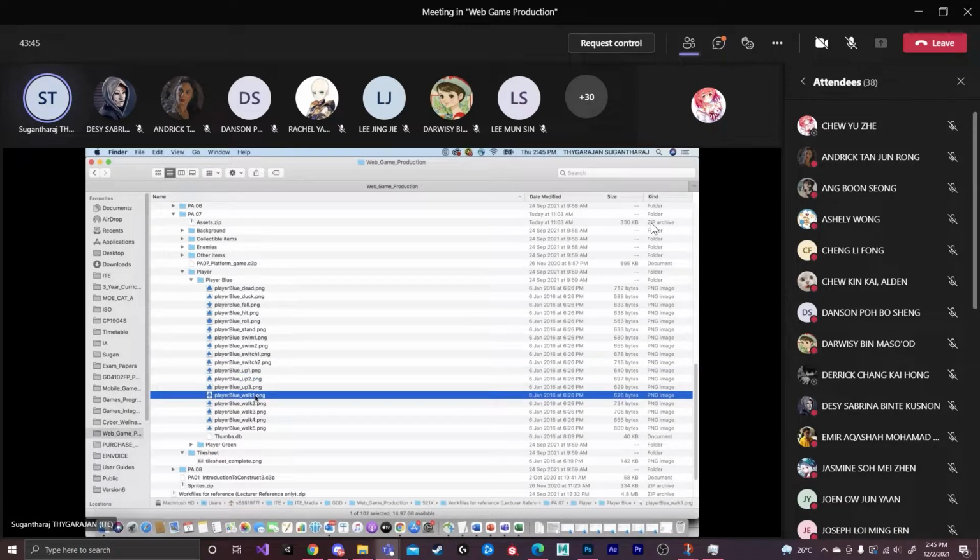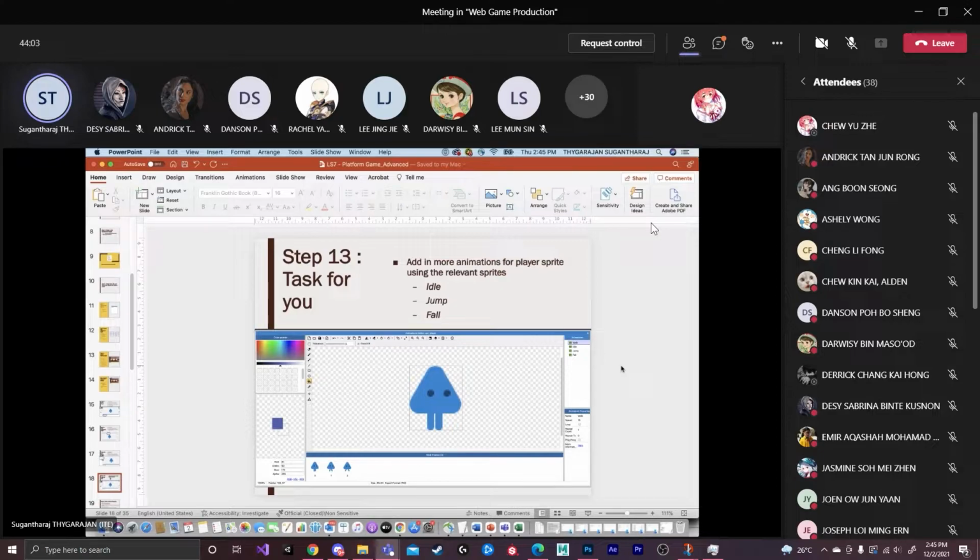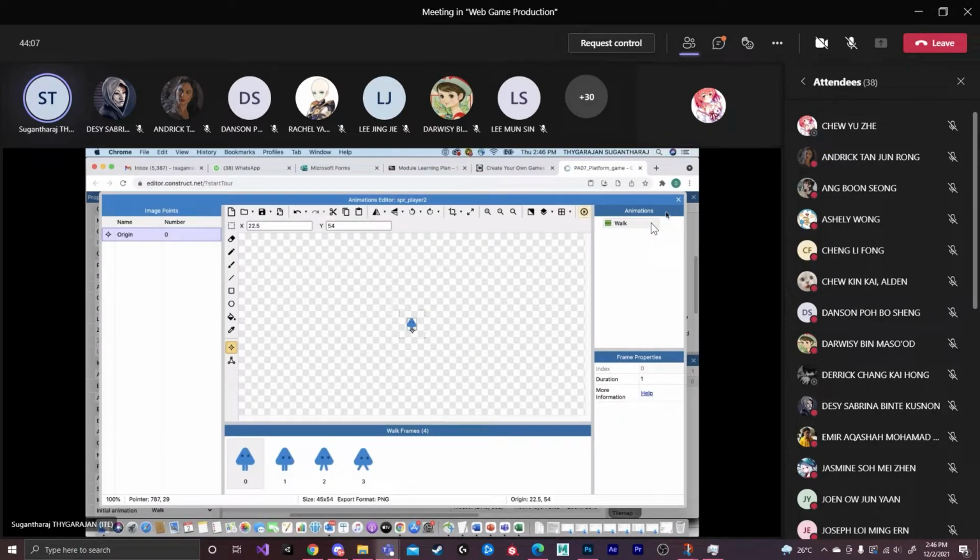Then you can see whichever is jumping, you can see the falling is there. So you can just use these things to make it look like it falls actually. You need to use the combinations, and then you can preview the animation and you can decide which one you want to use.